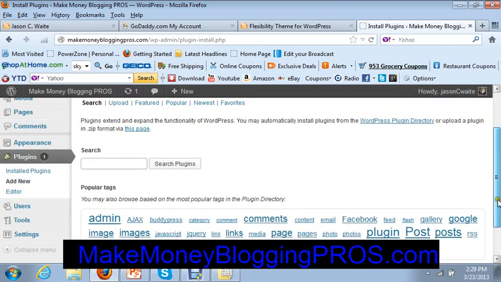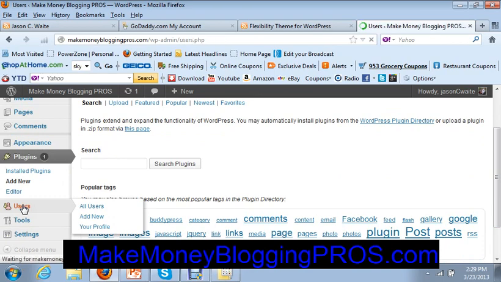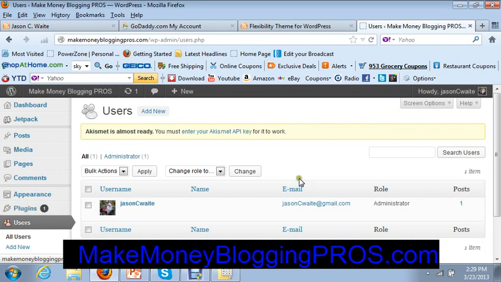Okay, so the next section we will go to is the user section. And this is where all the users are for your WordPress website. Now, currently right now, this is the user that is using this website and making all the changes to the WordPress website. Of course, if you want to add a remote user, let's say you have an assistant and you have that assistant coming into your back office of WordPress and you need to make any changes to your WordPress website, this is where you will add them